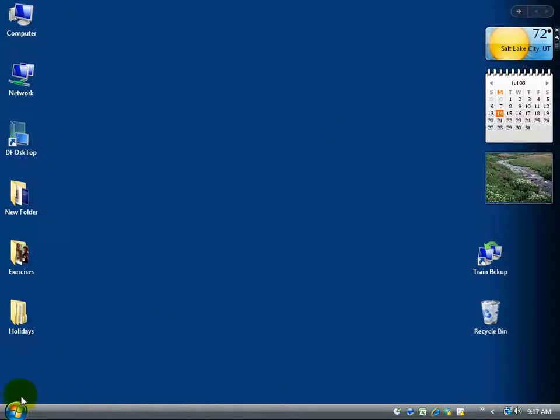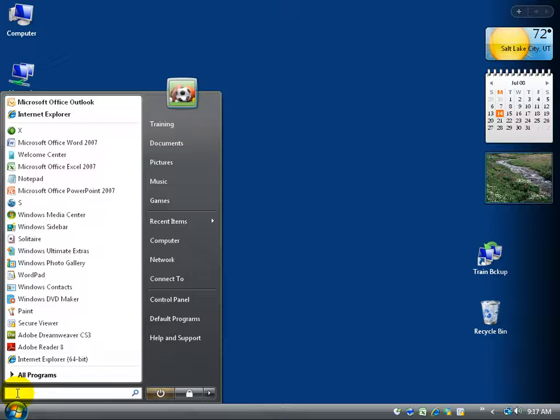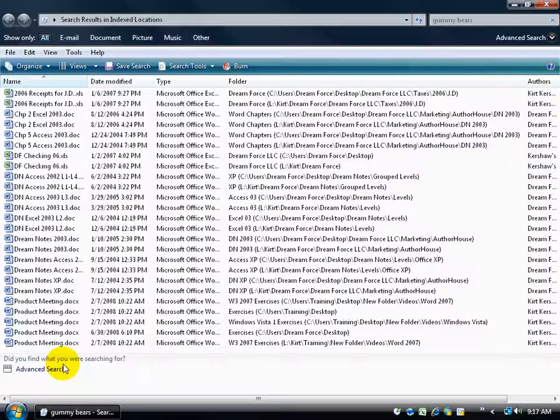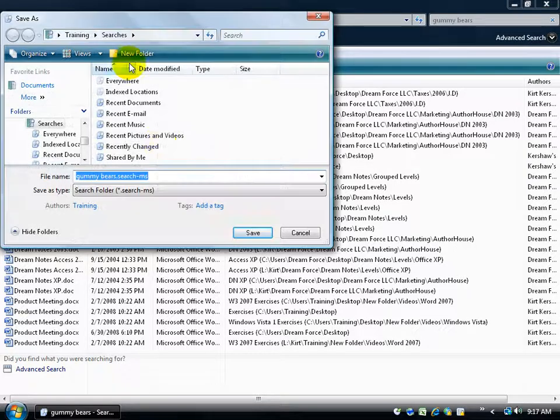I'm going to close out of here and click on Start and then type in gummy bears. And then if I search everywhere, like I said, it brings everything up. Not only that, but I can save my search. If I save my search, I'm going to go ahead and click Save Search. I can type in the name of the search, so I don't have to keep typing it in over and over again. There's my gummy bears,